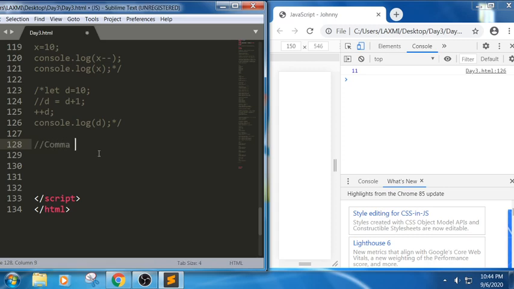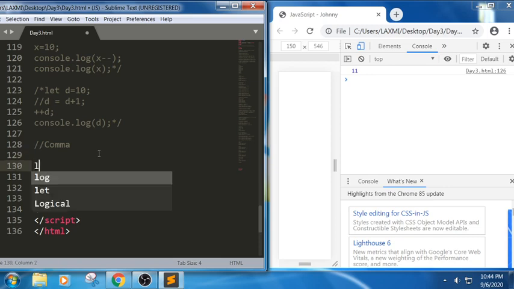Comma operator. Where do we use this comma operator? For example, whenever we have values which we want to shorten. Let me write an example so that you will understand. For example, I have written: variable a equal to 2 plus 2 comma 4 plus 4. What will be the output of the snippet?